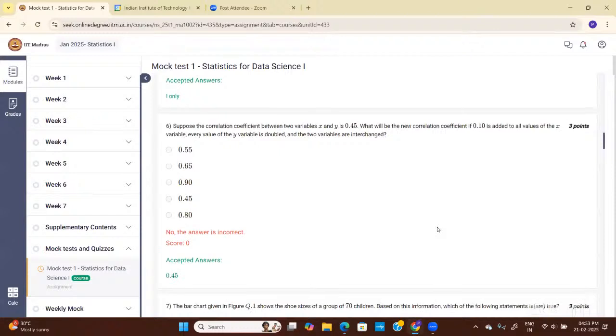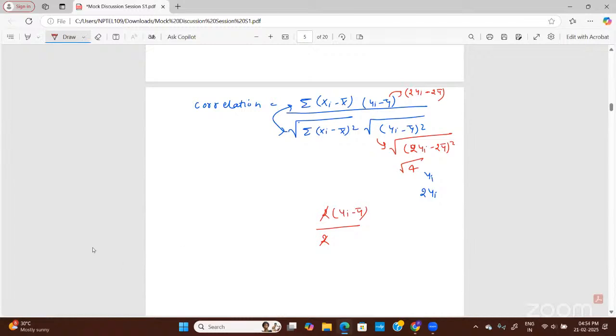Correct. Ma'am, I have one doubt here. As you told, for covariance we will divide the numerator value by n. In case, ma'am, for the X data set and Y data set the n values are different, for example if the X data set has 3 values and the Y data set has 5 values, how will we take the value of n, and how do we calculate covariance? Because for i equal to 1 to 3 we have values for both data sets, but for i equal to 4 and 5 we don't have any values in the X data set.